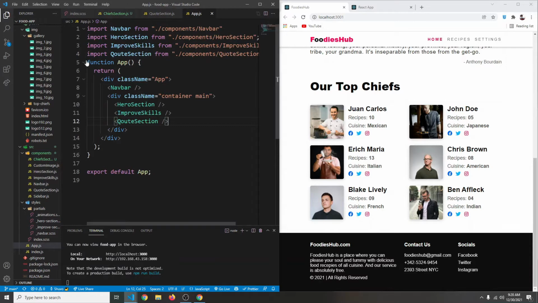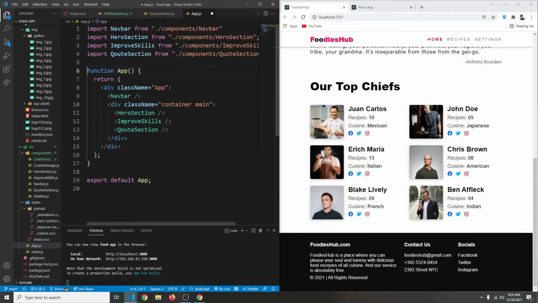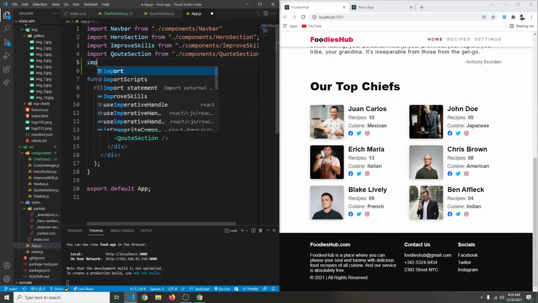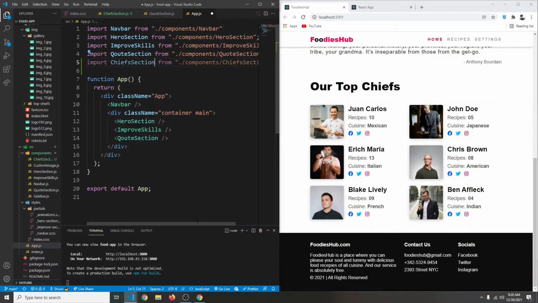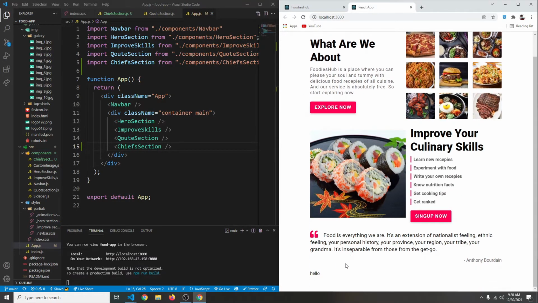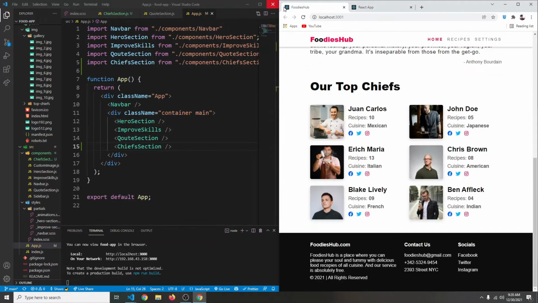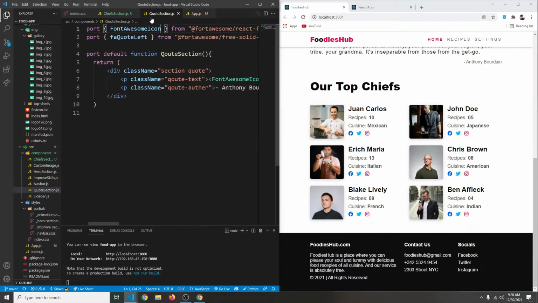So let's go to app, and here we're going to import our top shape section. So we're going to say import shape section from components/shape section like so, and let's use it here. So we're going to say shape section, save it, and here is our hello. So it is working. Okay, now we're going to create a title, so we are going to use a h1